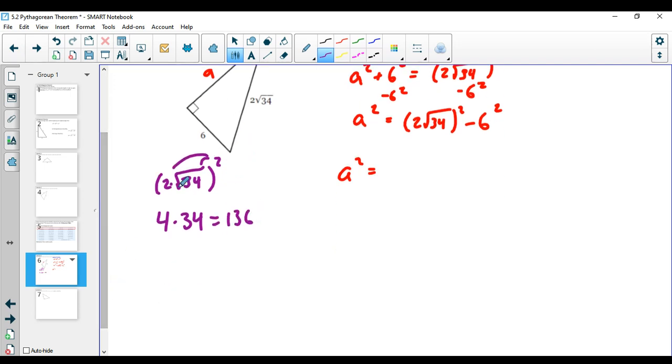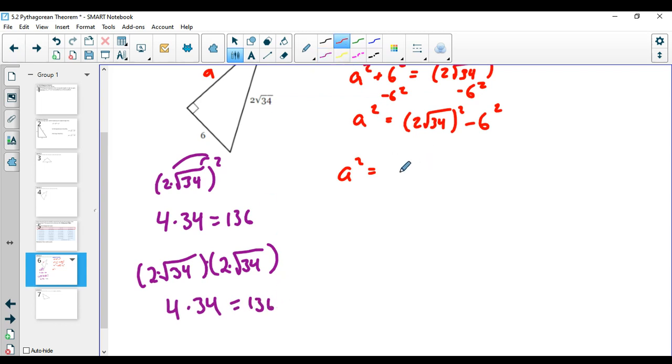Or, if you'd like, you could just think of what squared actually means. So we have 2 square roots of 34 squared, which really means squared means something times itself, right? And there's multiplication all through here. This is 2 times the square root of 34 times 2 times the square root of 34, right? This is all multiplication. And we can multiply in any order. So I'm going to do these numbers first. 2 times 2 is 4. Square root of 34 times the square root of 34 is 34, right? And we get the same thing,